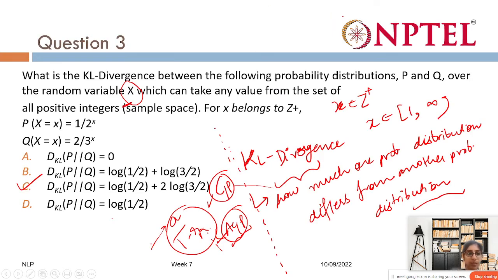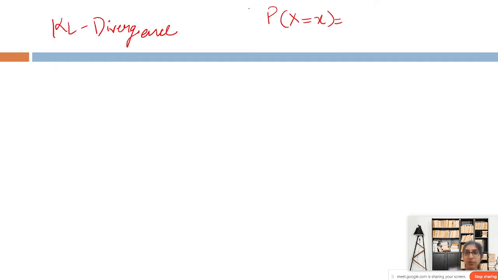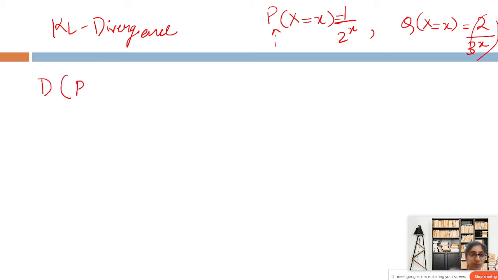So we are to find the KL divergence, and we have been given that the probability that capital X takes the value x is 1 upon 2 to the power x when the probability distribution follows this, and in case of the second probability distribution the value is 2 upon 3 to the power x. So what is the formula for the KL divergence? It is like this,